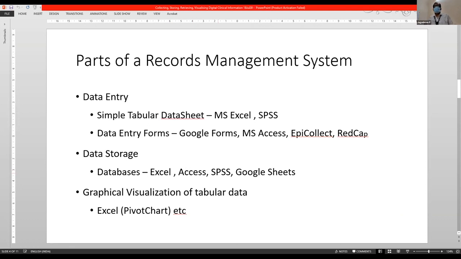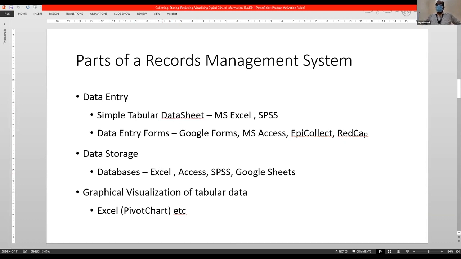They enter information directly into the SPSS, which they would have designed. It allows for reduction of most errors at the time of data entry itself. And Google Sheets is one common form now, which is quite available online. So you can enter your data in mobile phones and everywhere. So with this in background, once you create a data storage component, then you can create a form to fill up the data.